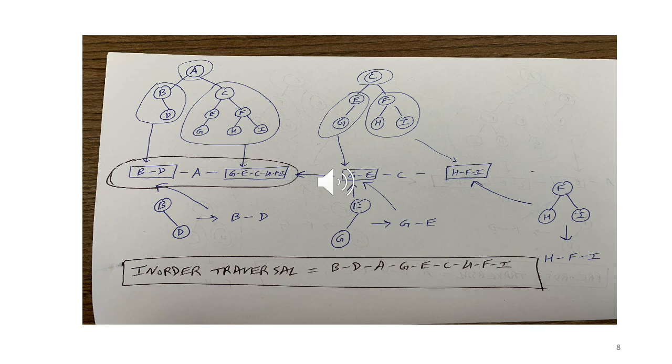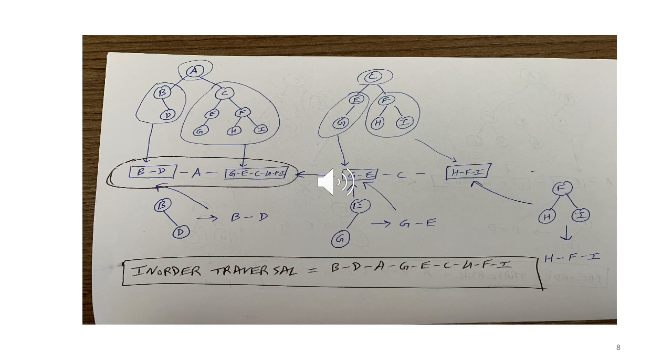So for FHI, we again, towards the right, have done the calculation for that. What is the in-order traversal for FHI? Again divided into left subtree, right subtree, and root. Left subtree is H, followed by root, which is F, followed by right subtree, which is I. So the sequence is HFI, right? So now we have GEC HFI, which we plug into our original one. And finally, the in-order sequence that we get is